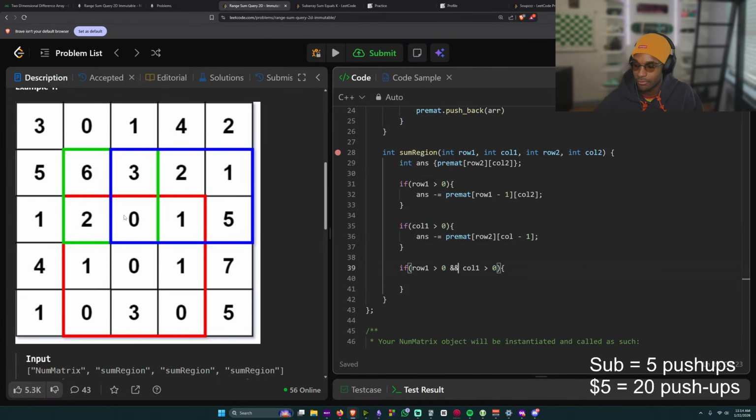So prefix sum of, so ans plus equals premat at row 1 minus 1 and row col 1 minus 1. Does that make sense?